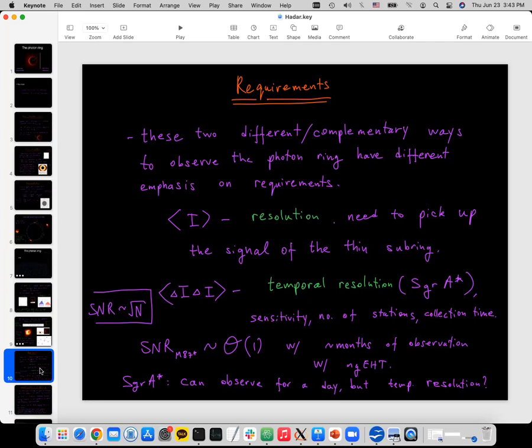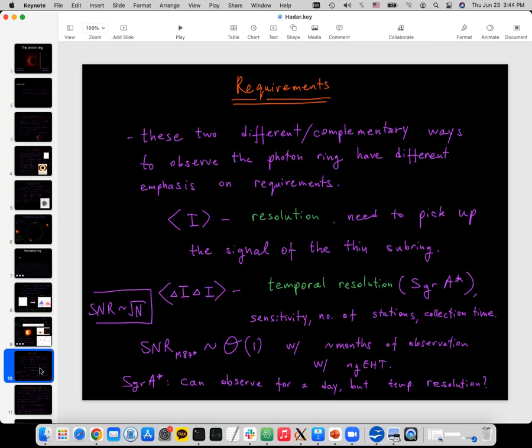Because we want to really see the movie and we want to see the echoes, the light echoes of the different flares and different fluctuations. So we need a temporal resolution of the movie which is as small as possible, smaller than the characteristic light crossing time of the black hole. So for Sagittarius A star, we need to go below 20 seconds, right?